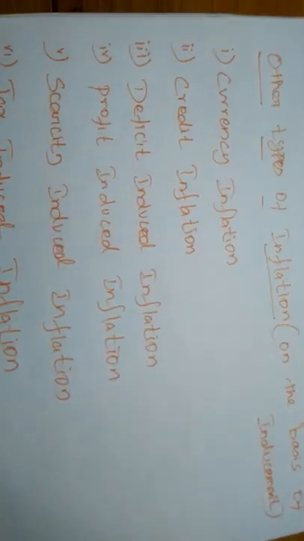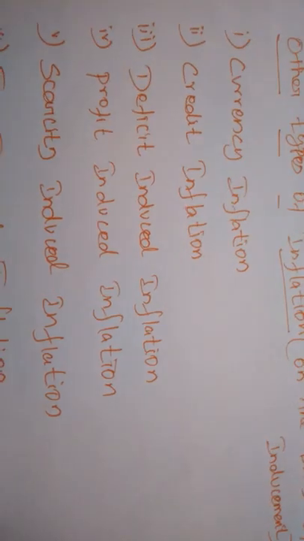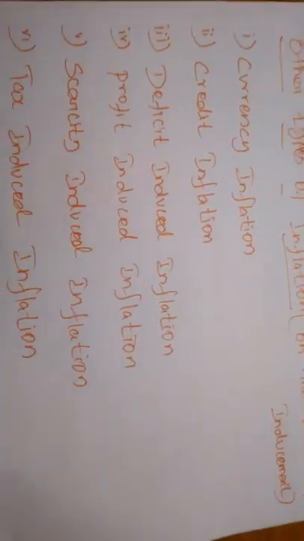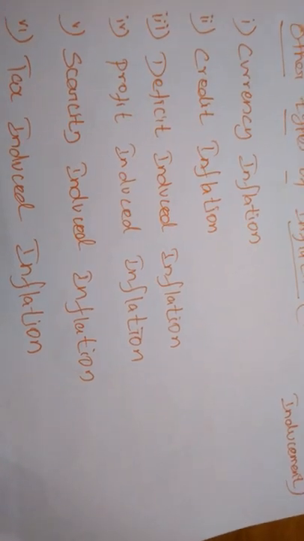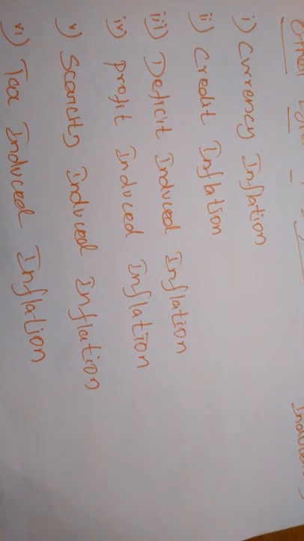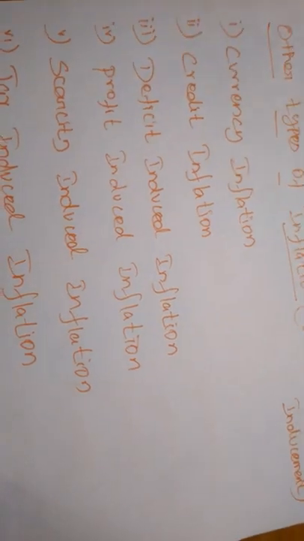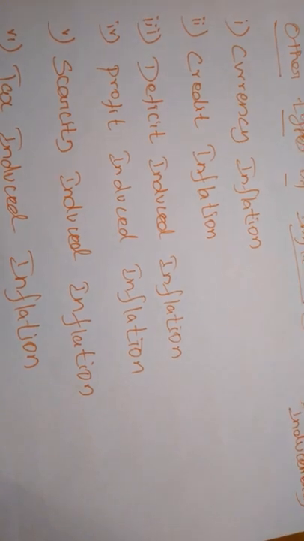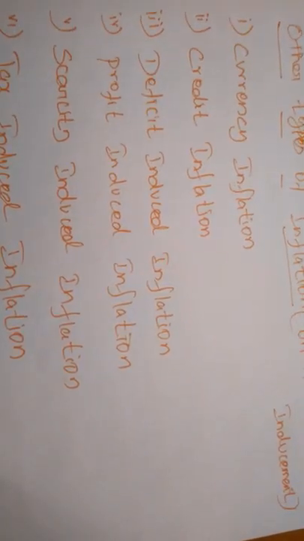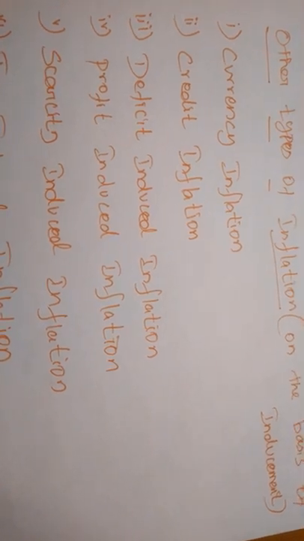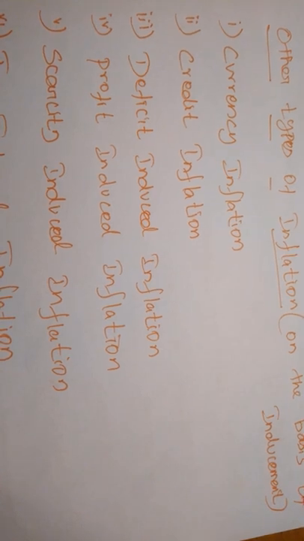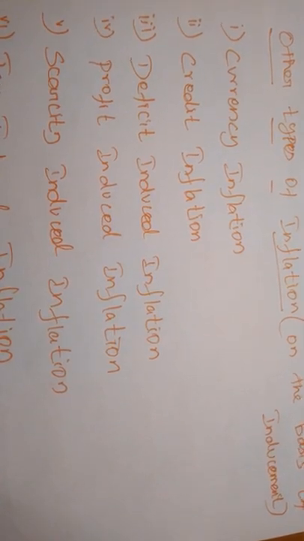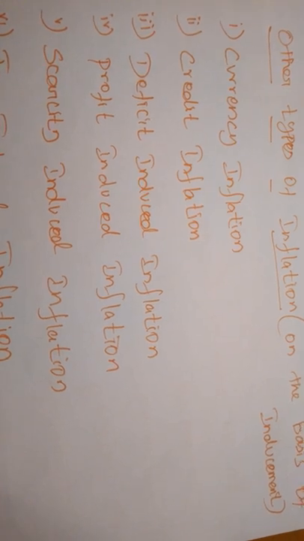Okay, and next, some of the other types of inflation we have also studied. Do you remember? The first one is currency inflation. Currency inflation means the supply of money. Whenever the supply of money is increased by the government, the price of commodities will also increase, because the government will be increasing the money by printing more currency. So all the commercial banks, entrepreneurs, and even individual consumers will have more money,